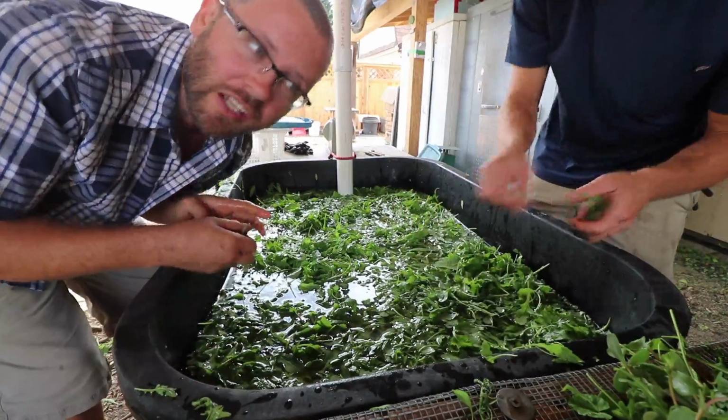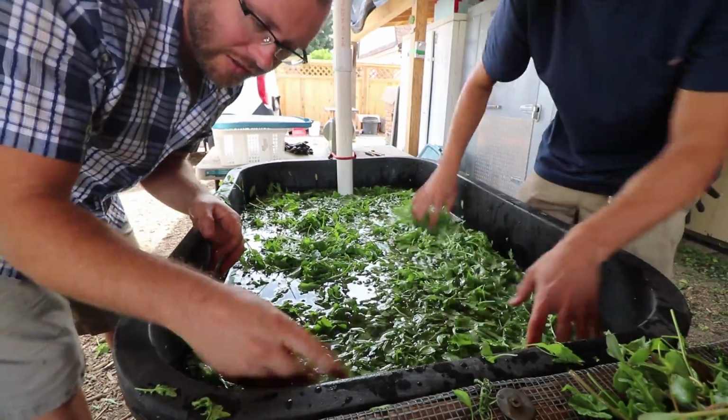We're just picking out purslane from our arugula harvest here. It got pretty weedy